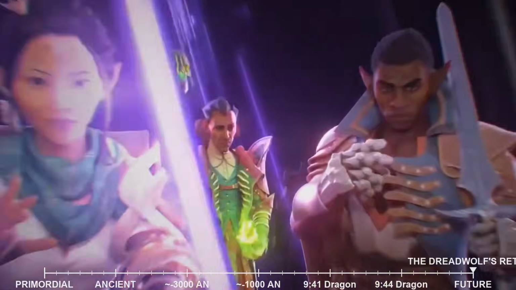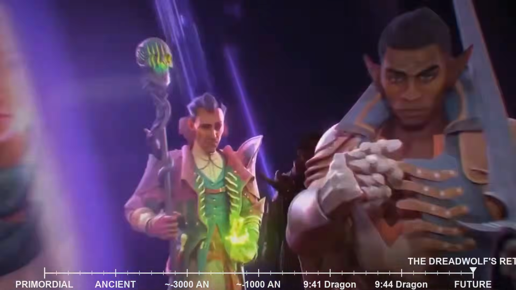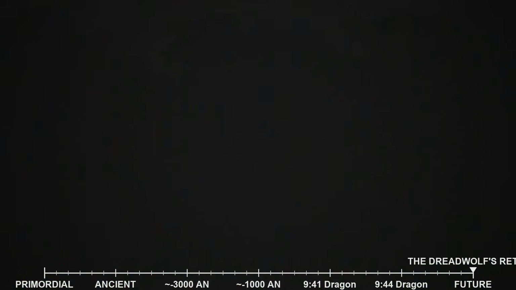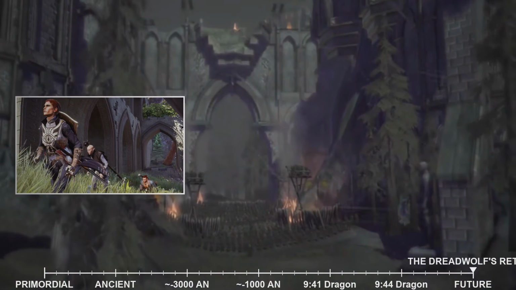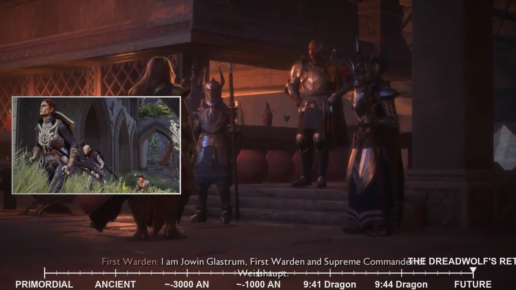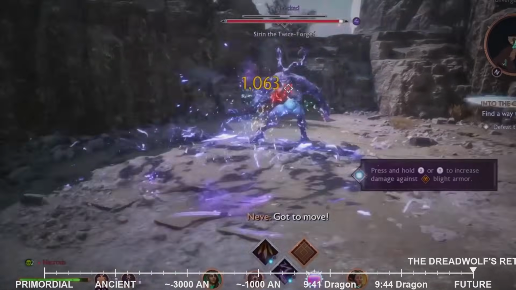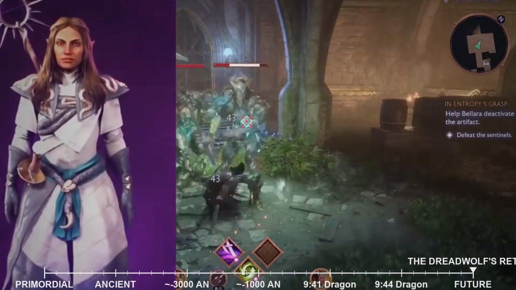In this new chapter, players will step into the shoes of a brand new protagonist, a deliberate choice by BioWare to move away from the established heroes of previous games. Neither the Warden, the Champion of Kirkwall, nor the Inquisitor will be the playable character in Dreadwolf. This allows for a fresh perspective and ensures that the narrative can explore new themes and character arcs without being beholden to past decisions or relationships.